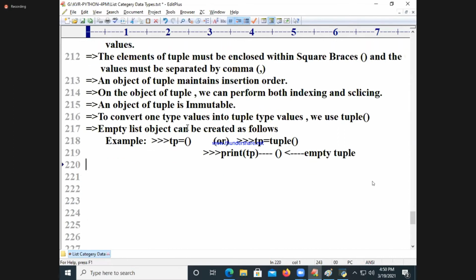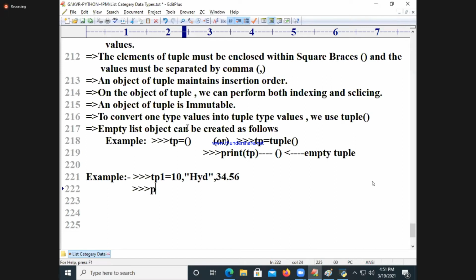One more example I can give you, a special example. TP1 is equal to 10 comma HYD comma 34.56, without any symbolic representation.